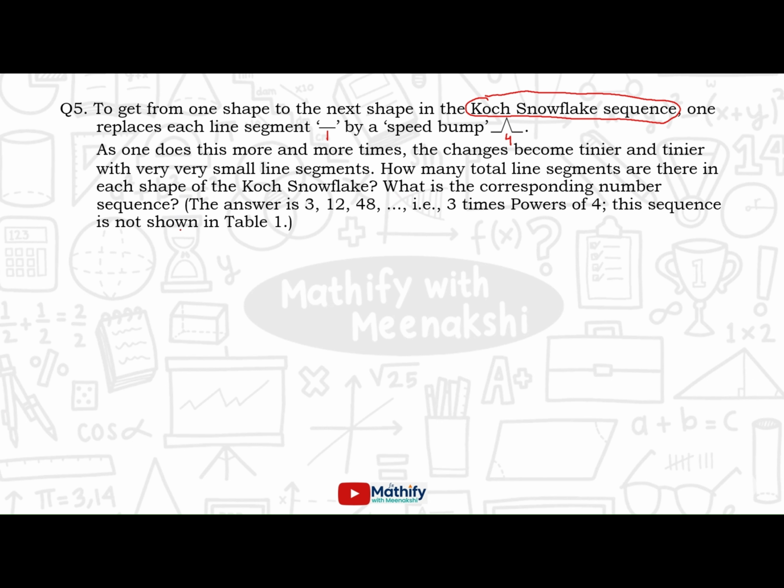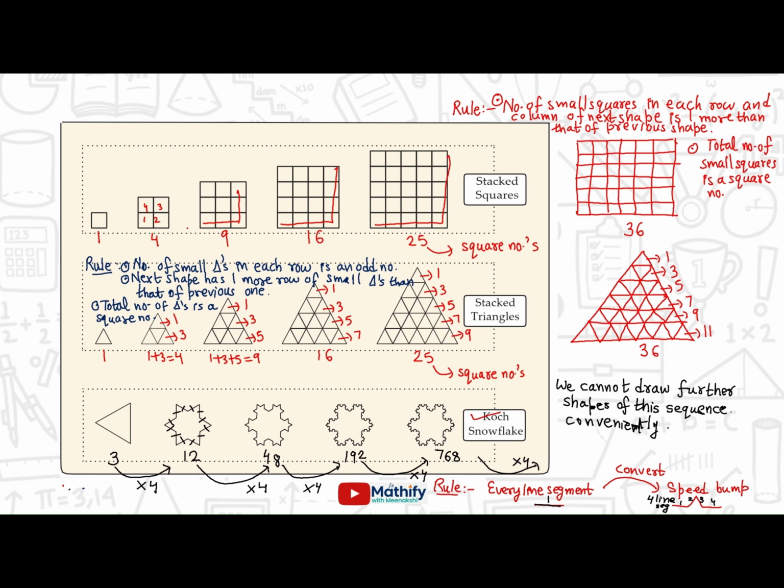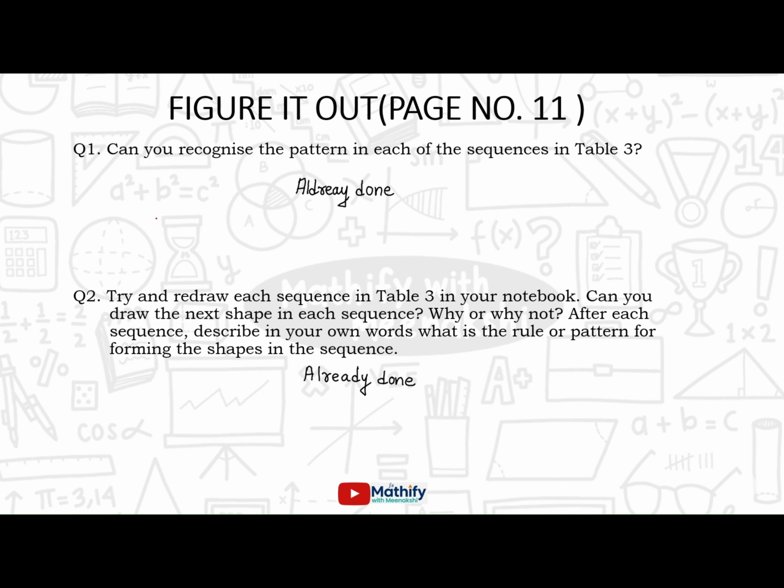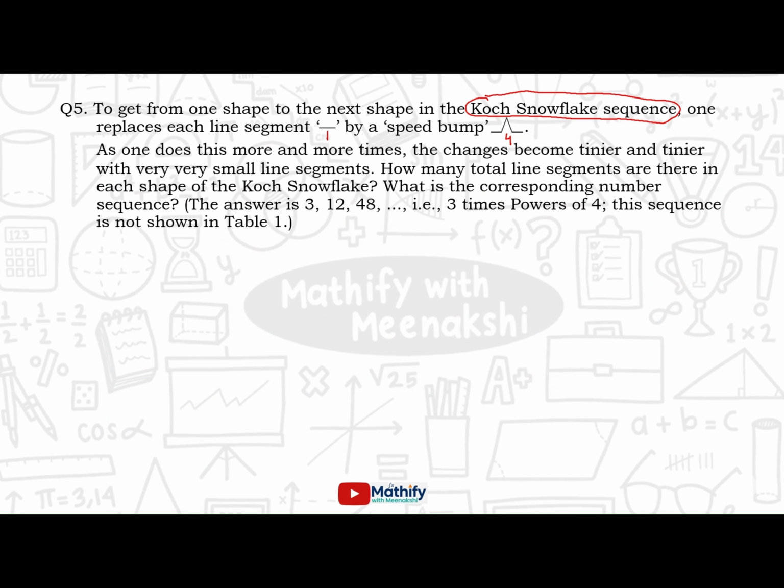So I will show you that again, the Koch snowflake. Just see this Koch snowflake. First we have 3 line segments, then we have 12 line segments, because we are replacing every line segment by a speed bump, and that means we are replacing one line segment by 4 line segments. Then again into 4 gives 48, then again 192, and then again 768, and so on. So let me write that for you. Here it's not written that you have to draw the pictorial representation, so you will not draw anything. We'll just write that there are 3, 12,